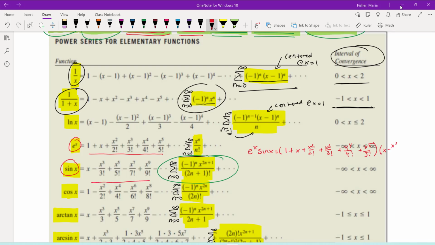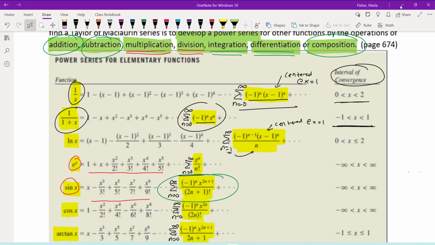x minus x cubed over 3 factorial plus x to the 5th over 5 factorial minus x to the 7th over 7 factorial. I'm just going to put plus dot dot dot. And you'd really have to use the distributive property, and it would get really, really messy. For division, you'd be doing long division of polynomials, so those get really, really messy. So we're going to avoid doing those two, but we're going to be using, again, like I said, composition, addition,